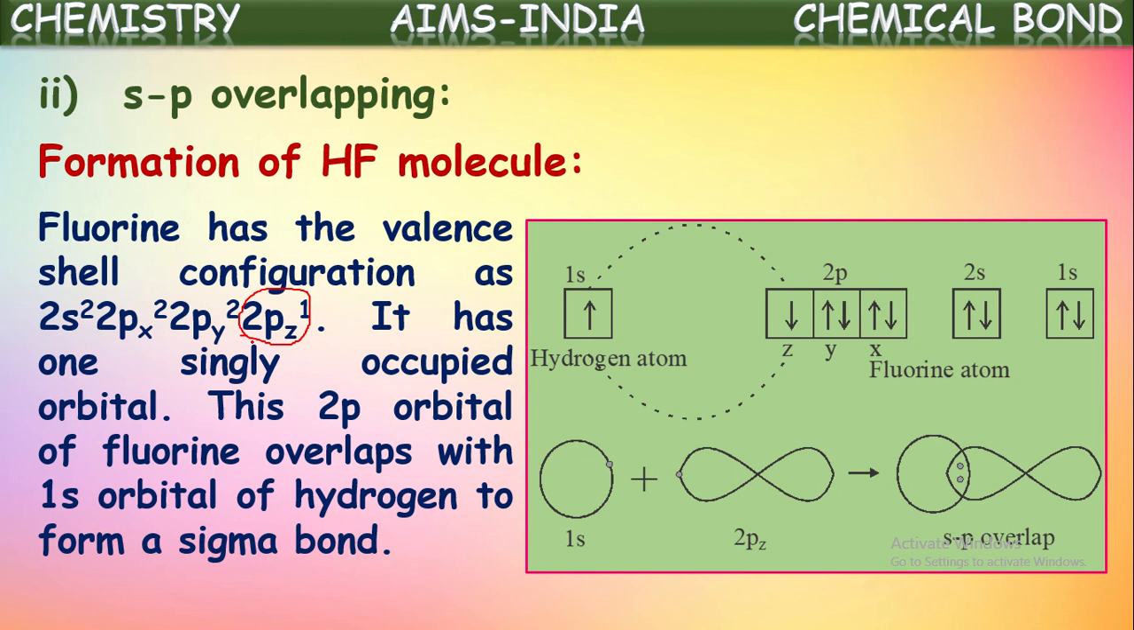This sigma bond formed between the hydrogen and fluorine is called an s-p sigma bond. Okay, this overlapping is called s-p overlapping. So here, this is the s orbital of hydrogen with a single electron. This is the 2pz orbital of fluorine which has a single electron. When these two approach each other, the s orbital of hydrogen overlaps with the 2pz orbital of fluorine, and hence they share the pair of electrons mutually between them. And hence a covalent bond is formed which is called a sigma bond or s-p overlapping. Okay,